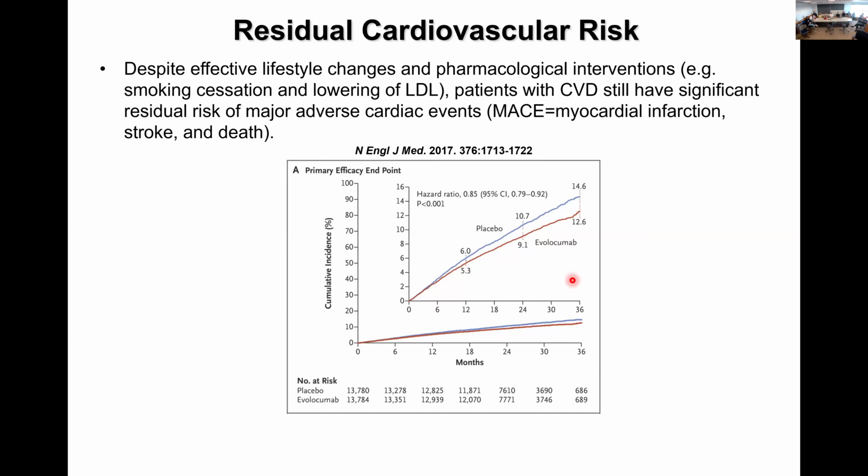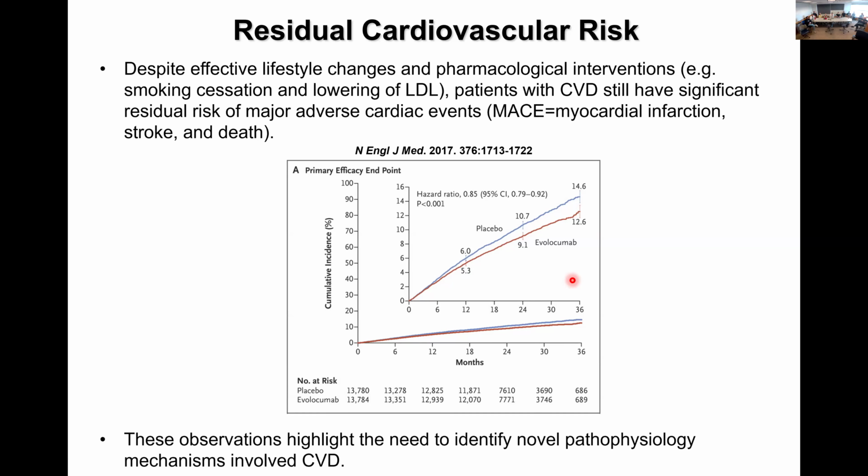And the question is, can we use genetics to address this residual risk and the risk of these events, MI and stroke? So that's the background by which I'm going to describe what we've been doing. And obviously, we need to find new drugs, new pathways that help us understand the biology, but then also